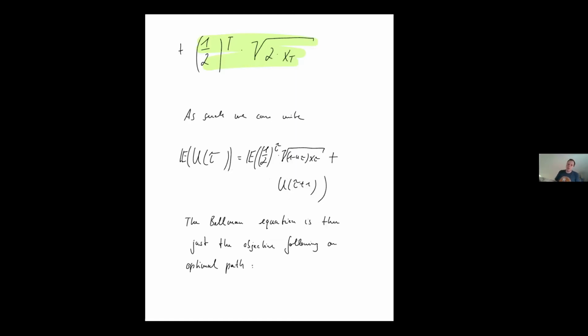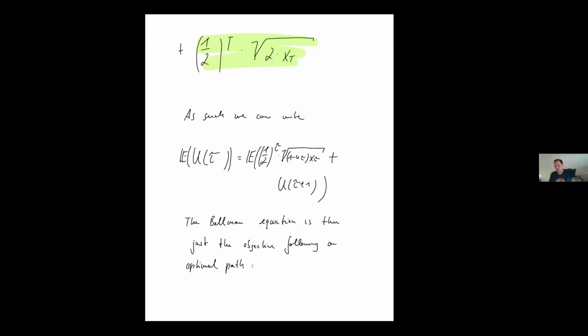And this can be written by this recursive structure definition just as the expected value of this first sum plus the second part of your objective,